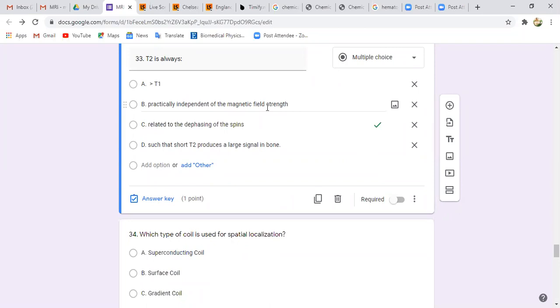Okay. Because T2 is, well, it's okay. I think C is very correct. But I'm trying to see why B might be correct to an extent. Because T1, which is dependent on the magnetic field strength, is what will actually give us our T2 when we knock it down 90 degrees. And we remove our phase, the signal, and we turn off the RF. And then we begin to,